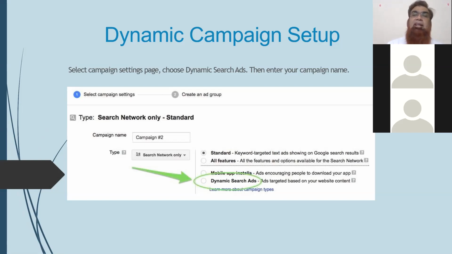Google automatically creates it based on its parameters. Description you have to write. So you click on dynamic search, and this is a little cheaper. You need not use much technology or have much understanding. If you are a newbie, a fresher, or you want to learn, then you can adopt this dynamic search ad, and you can do a few things over here.